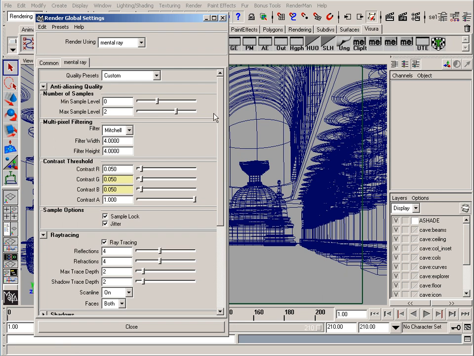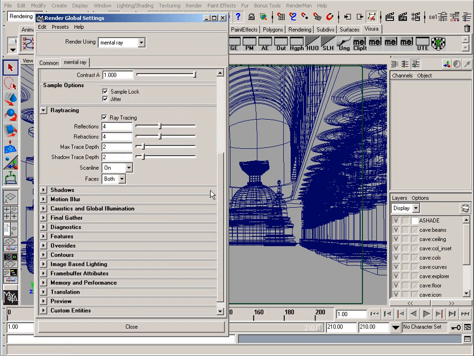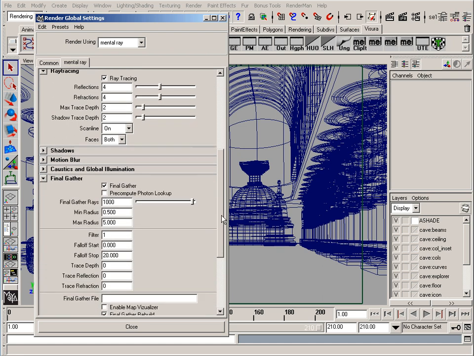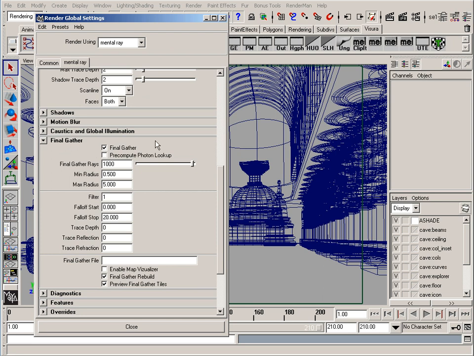Let's go over to mental ray, and let's now go down to caustics and GI, make sure these are unchecked, and let's open up Final Gather and make sure this is checked. Final gathering can be very computationally intensive, and as a result needs to be optimized frequently. The easiest way to do this is to find the optimum final gather ray count and then use the min and max radius to optimize that,